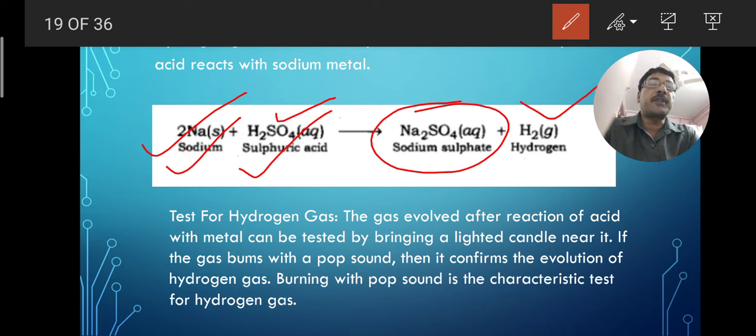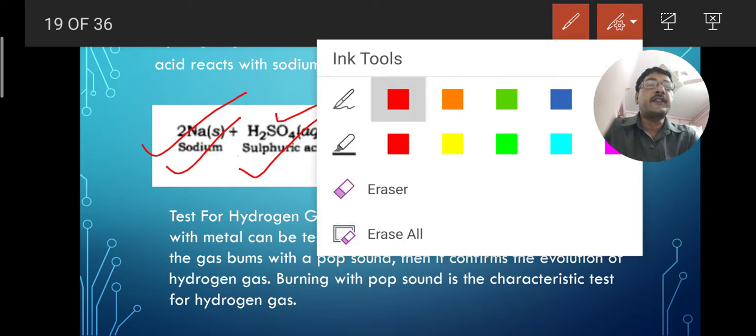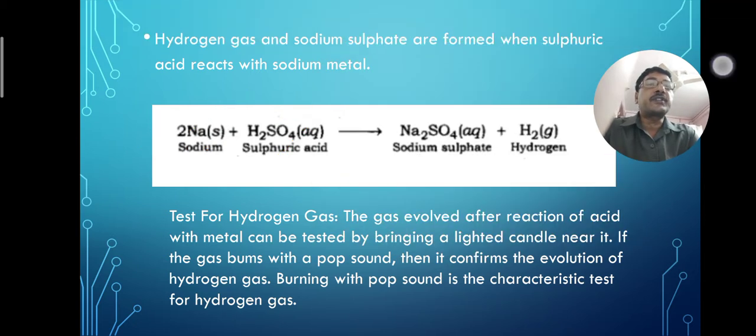or we can say metals are reacting with the acids to give the salt of that metal along with the hydrogen gas. There may be any metal, there may be any acid, but there will be formation of salt of that metal along with the hydrogen gas. This is about the reaction of the acids with the metals. Next is,